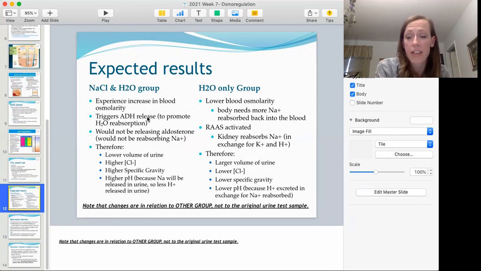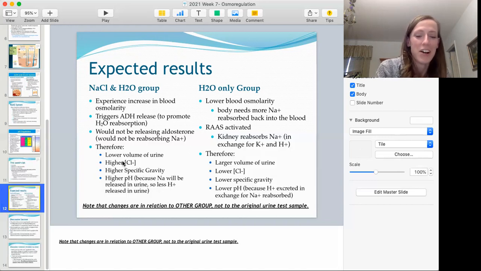We need to fix that. Let's get some more water kept in the body, right? So they should not be releasing aldosterone and not reabsorbing sodium. We don't want that extra sodium to be kept in the blood. We want it released in the urine, right? For this group. So what you should see then is that the group that drank salt or drank water and